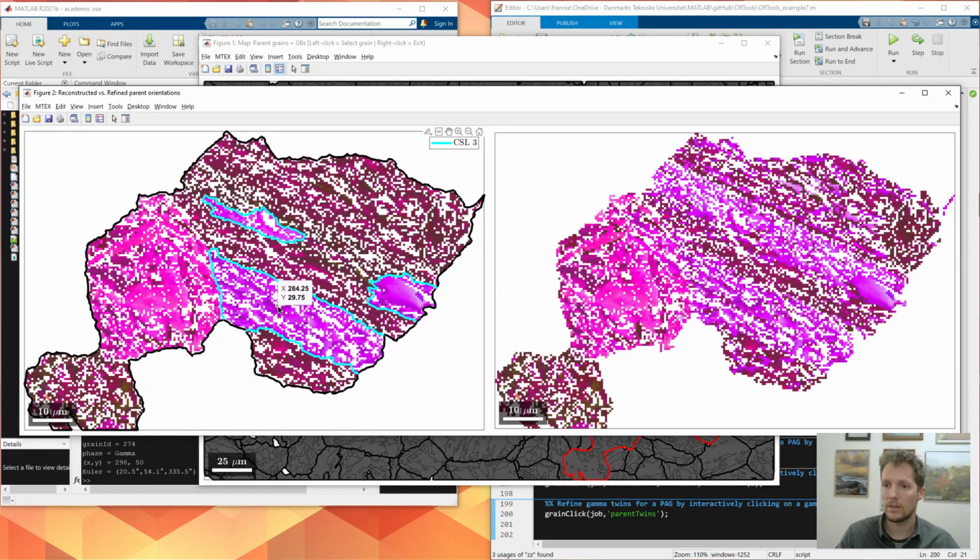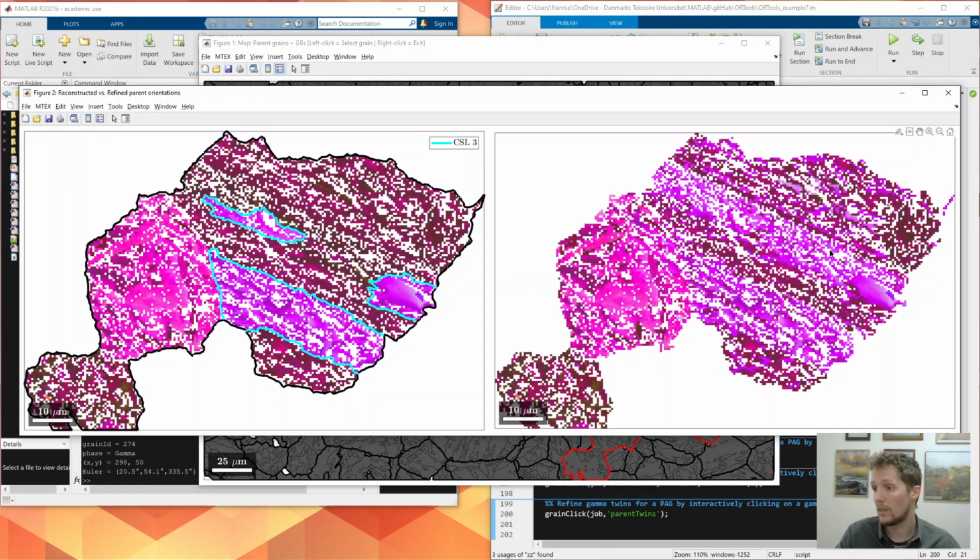And then it applies EBSD level orientation precision to look at, okay, can we further refine the reconstructed result by looking at each pixel of martensitic orientation, how well does it fit to the orientation relationship, and what would be the best parent